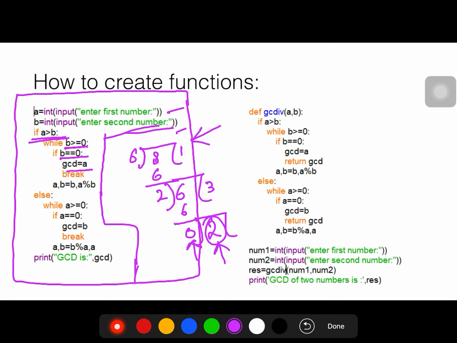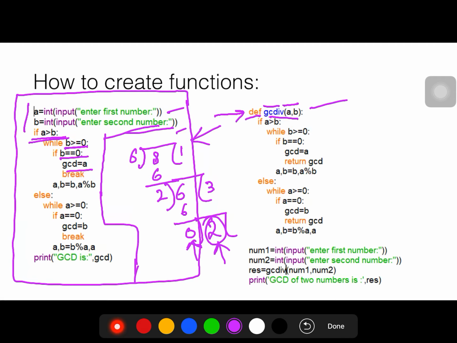I have written a program. Let us have a look. Firstly, we will write the definition statement. We will use the def keyword, and this is the name of the function. Here are two parameters. We have to decide how many parameters the definition should take.